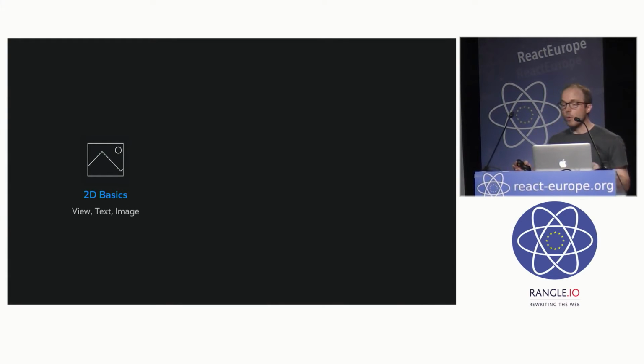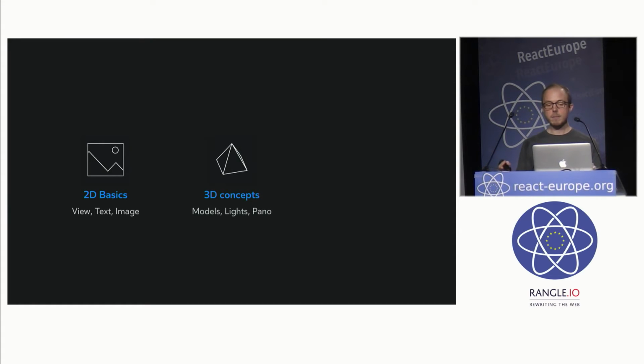So let's go through what we bring with React VR. It takes the 2D basics required to build typical 2D apps. These are the view, the text, the images that you're all very familiar with. And then we expand them with our own 3D views to provide support for models, lights, and panos that are required by many VR experiences.